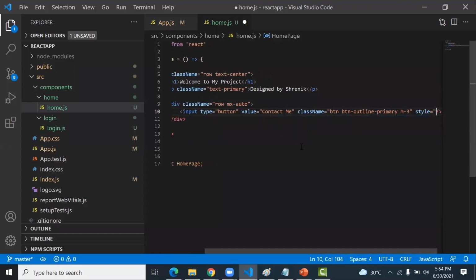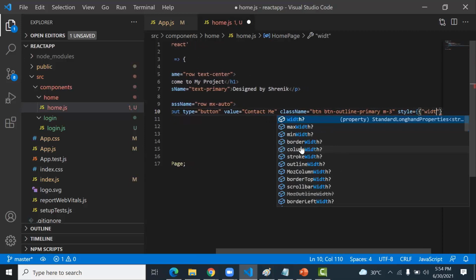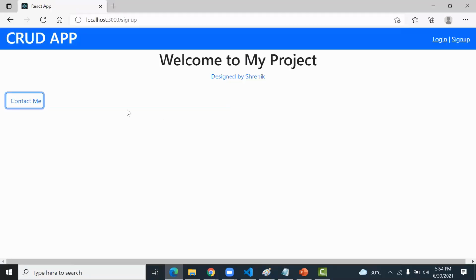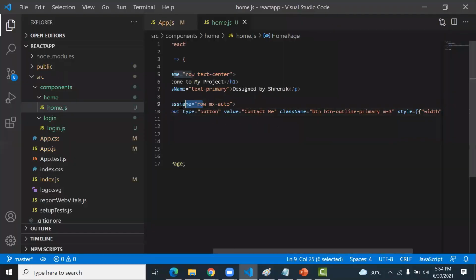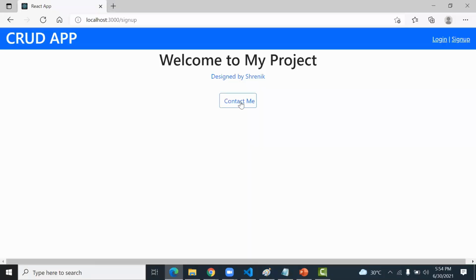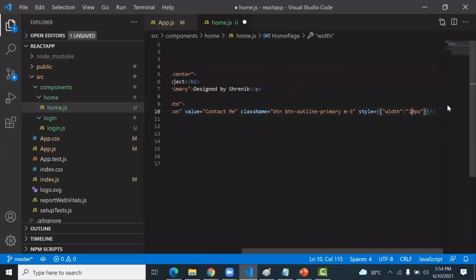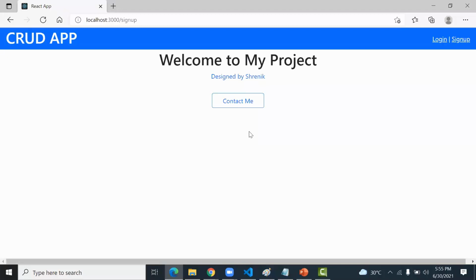We can write here one property, that is width, colon, let's say 100 pixels. Okay. Actually, mx-auto arranges the content in the center. Maybe the class mismatch. Yes, now it's in the center. The width, let's say 140 pixels. Yeah, that is more correct.